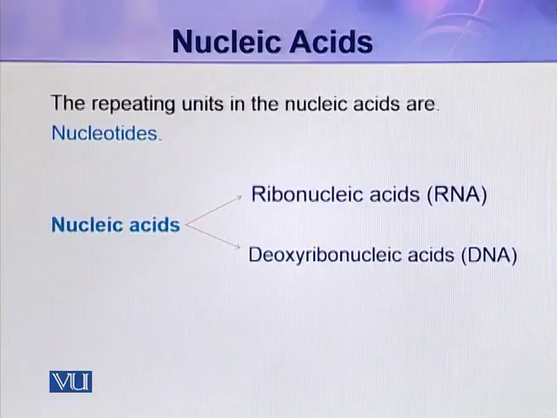Nucleic acids are mainly of two types. These are ribonucleic acids and deoxyribonucleic acids. Ribonucleic acid is abbreviated as RNA, while deoxyribonucleic acid is generally abbreviated as DNA. There are three types of RNAs. These are tRNA, transfer RNA, rRNA, ribosomal RNA, and mRNA, messenger RNA. They have a number of functions to perform in the cell, mainly during protein synthesis. While deoxyribonucleic acid, DNA, is only of one type. There are no other types of DNA, and it is mainly present in the nucleus in addition to chloroplasts and